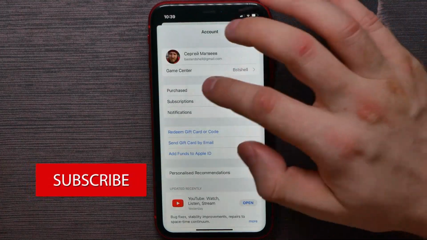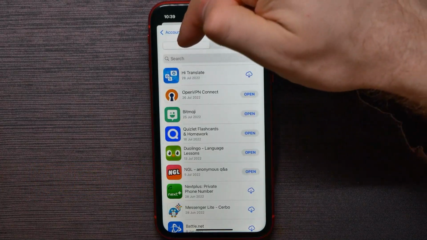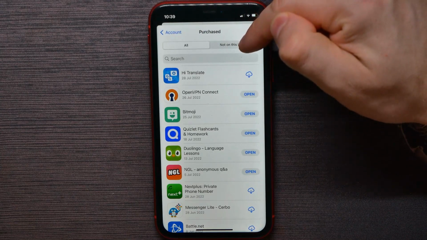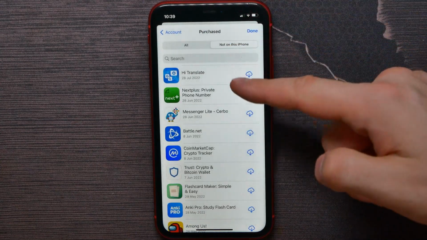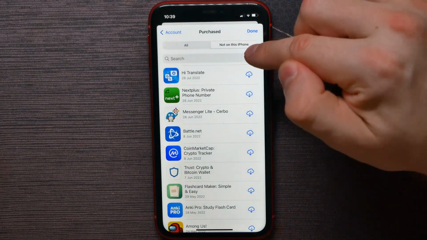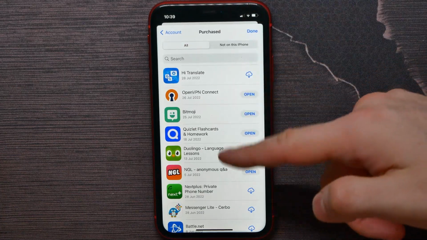Now here, tap on Purchased. And there it gives you two options. The first is All and the second is Not on this iPhone. On that tab there are only apps that are not installed on that phone, and the other tab contains both installed